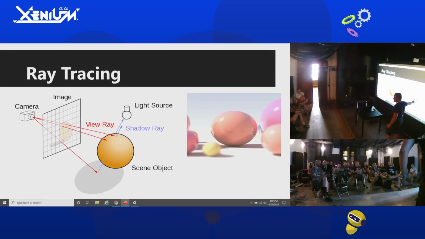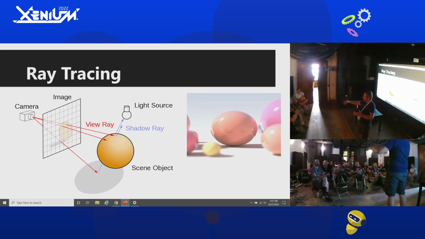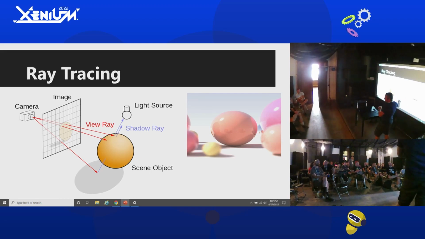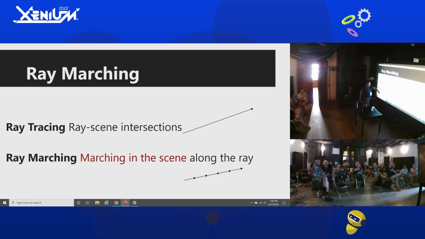That means, how many hits did I have? I had like 4 hits, so there will be a pretty light color. But if there were more hits, for instance 24, that means my travel from my retina to the light source is in these constant steps. We are doing sphere tracing, so the steps will be